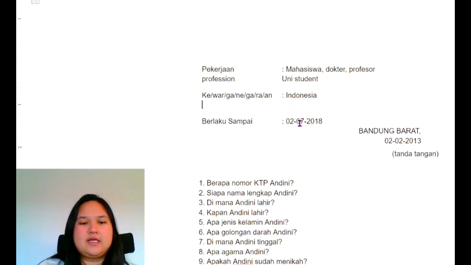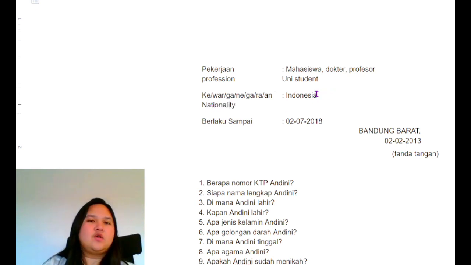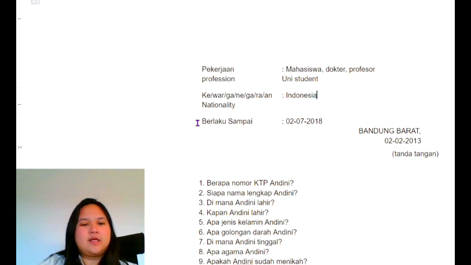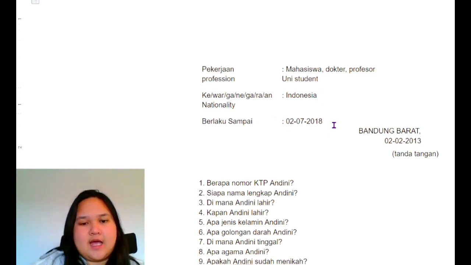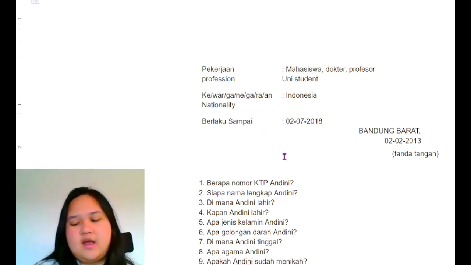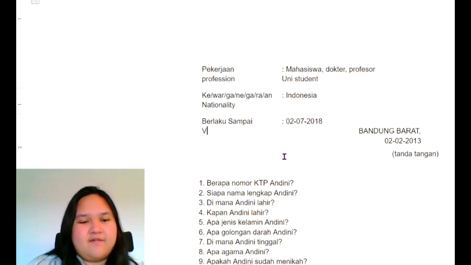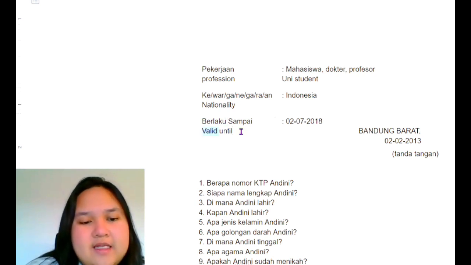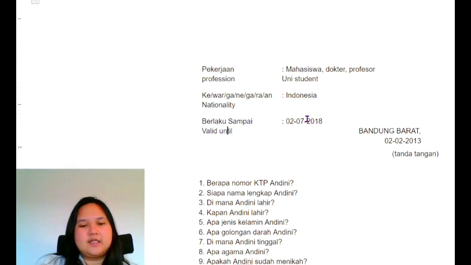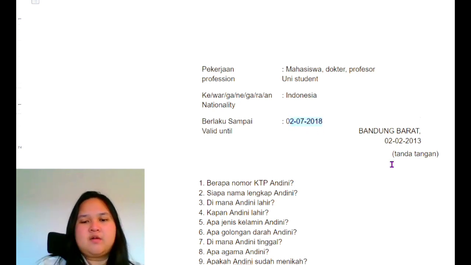So kewarganegaraan is, kalau di sini Indonesia, what would you think? Yes, it's nationality. Nationality Indonesia. And then here berlaku sampai, and there is a tanggal or date here. So berlaku sampai means valid until. Berlaku is valid, sampai is until. Valid until 2 Juli 2018, which means